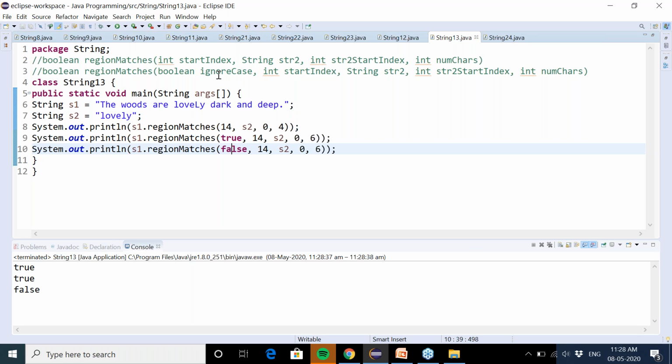So I think it's clear to you. You are supposed to write a program yourself where you will check the number of times a word occurs in a given sentence. For example, over here, if I want to check how many times a particular word occurs, let's say I extend it to another thing: "but I have promises to keep and miles to go before I sleep."